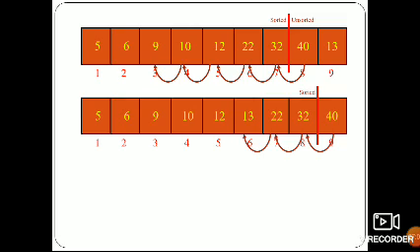We are not doing n minus 1 passes; for n elements we have n passes, and each element has to be inserted in the proper place so that the total list of elements is sorted.